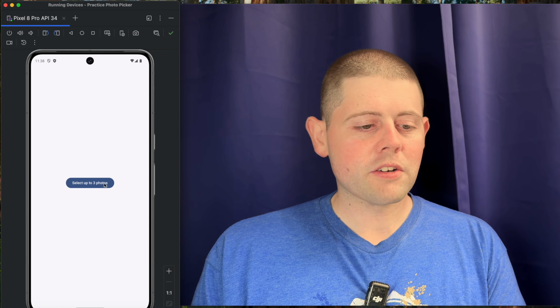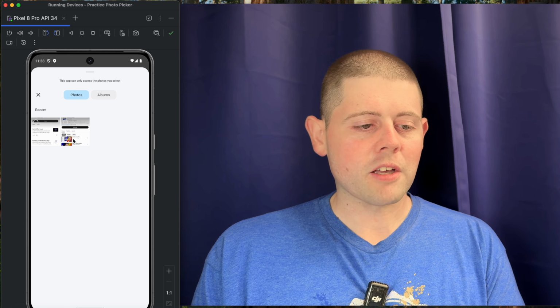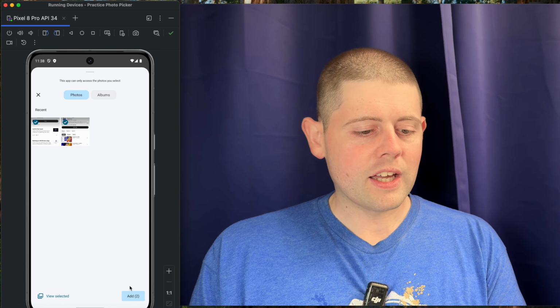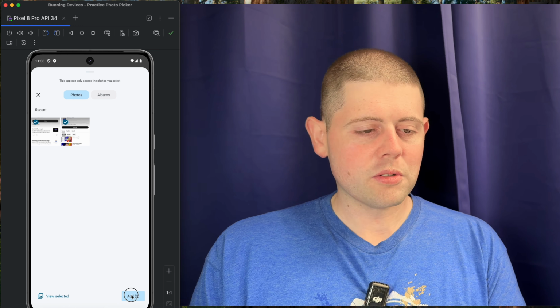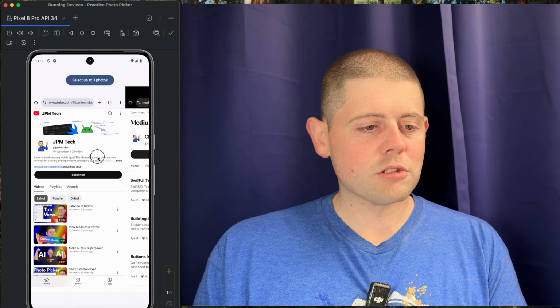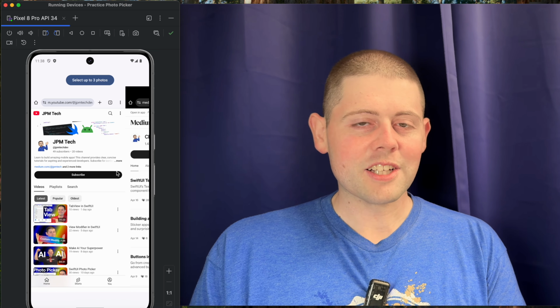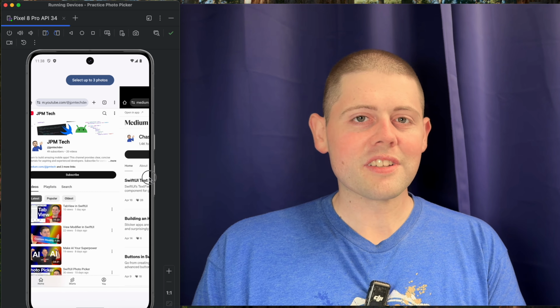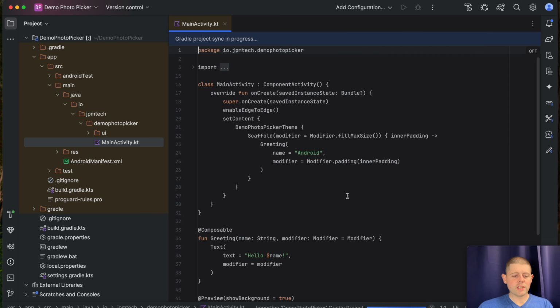Today we are going to be creating a photo picker using Jetpack Compose, and we will be adding this to an app and make it really easy to reuse and share. If that sounds really interesting to you, stay tuned. Let's learn together. So here we are in a brand new empty Jetpack Compose project, and as you can see,